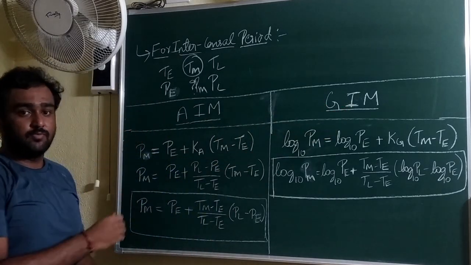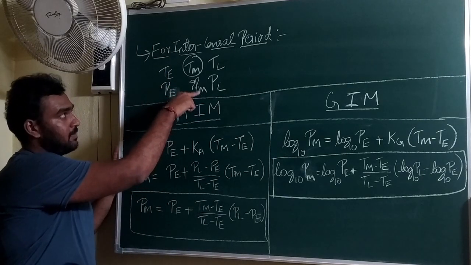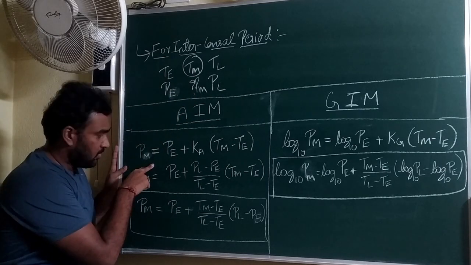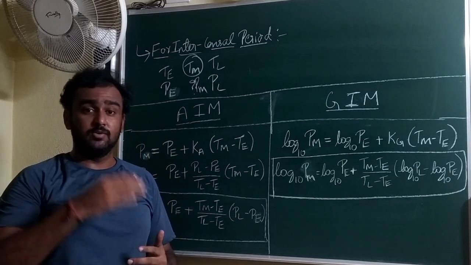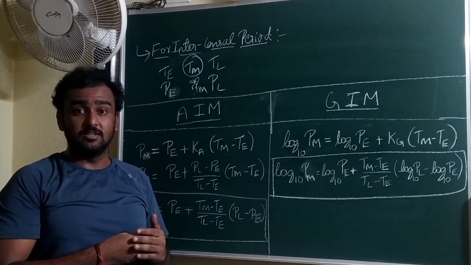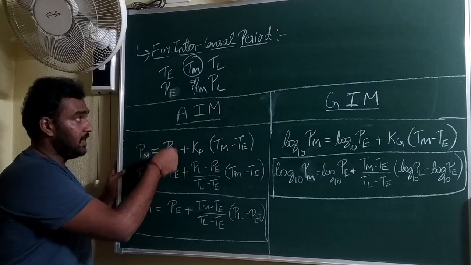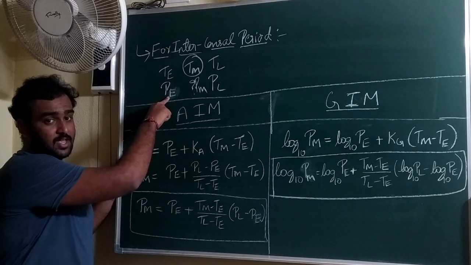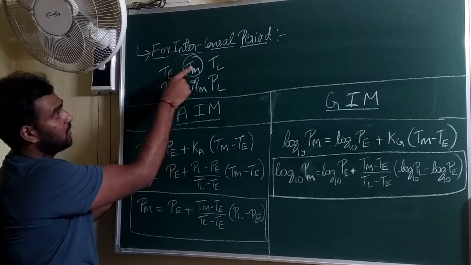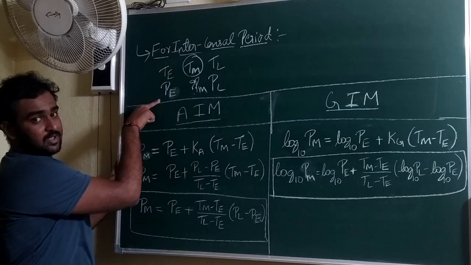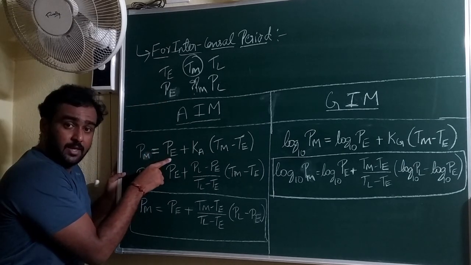For that purpose, we have formulas like this. To calculate the mid-year population, PM at the time TM, you need to consider this formula. If you go back to the videos where we discussed the arithmetical increase method, you will find this formula, that is PM is equal to PE, the earlier known census data. We should be very careful here, because we are calculating the population at TM, you need to consider the population at the very predecessor, that is PE. That's why I am considering PE here.